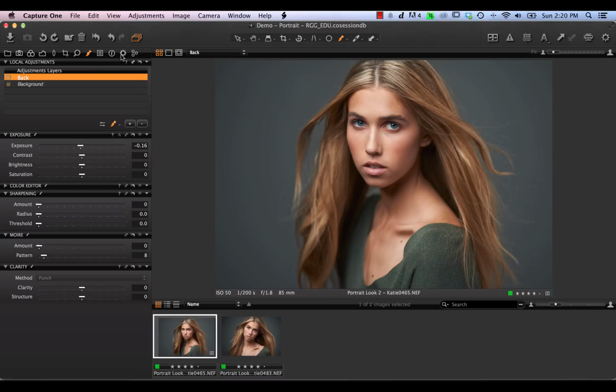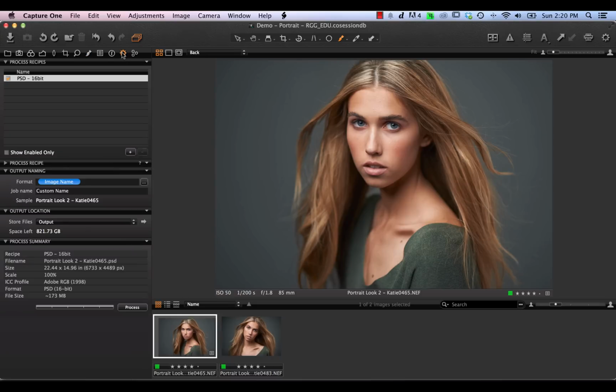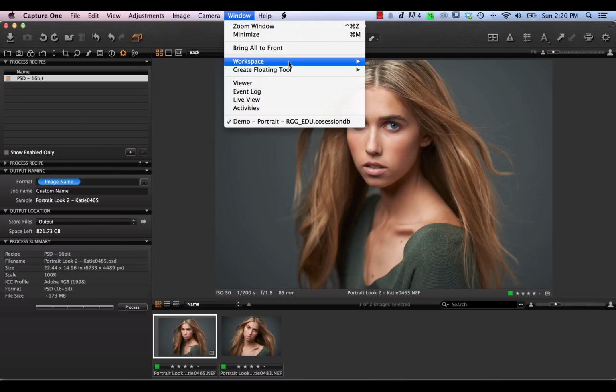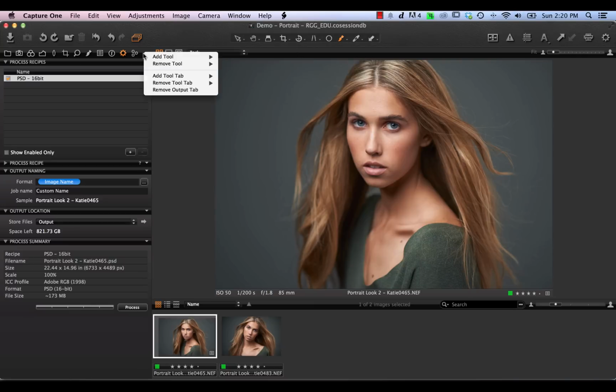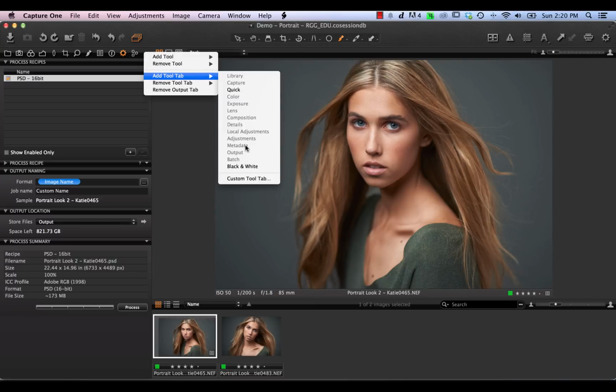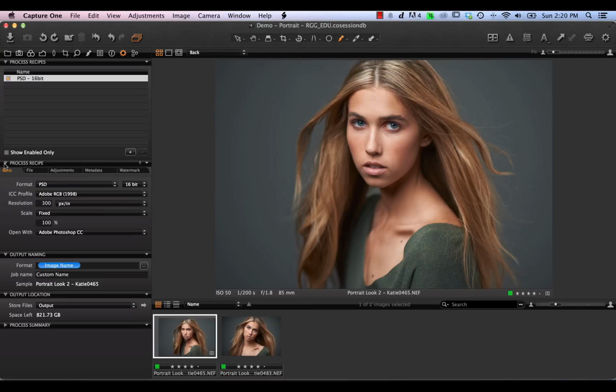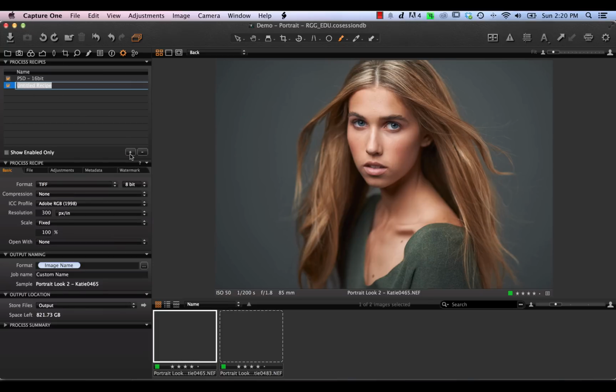Next thing we're going to look at is how we actually get our pre-processed raw file into Photoshop. For that, I recommend using the Output tab. Again, if it's not showing up, go into Window, Workspace, and select Default, and then it will definitely show up, or just right-click here and say Add Tool tab and make sure that Output is selected. So we can go in here and create a new process recipe. I have this one here for PSD 16-bit. Now, if I wanted to create one for 8-bit, I can just go into here. We'll just call it PSD